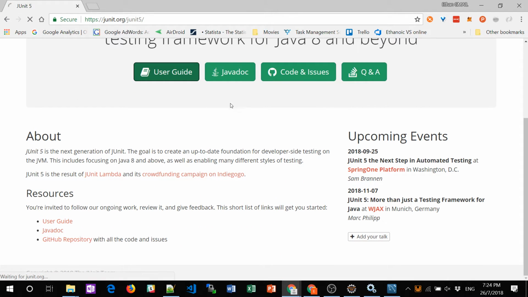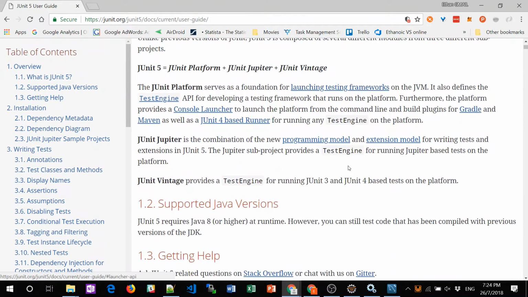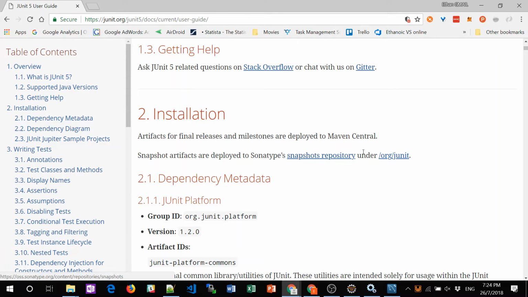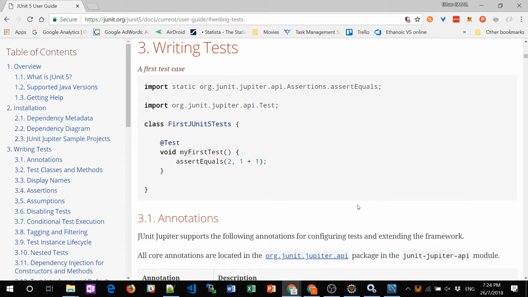Let's take a look at a bit of this. Then you can search on your own how this works. Of course, there are libraries you need to pull from Maven, since you saw Maven before. So let's look at writing tests. This is a simple test code. This is the test method. You have this thing called myFirstTest and an assertion. In unit testing, they have this thing called assertions. Assertion means